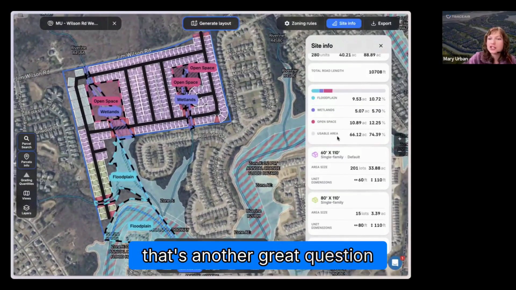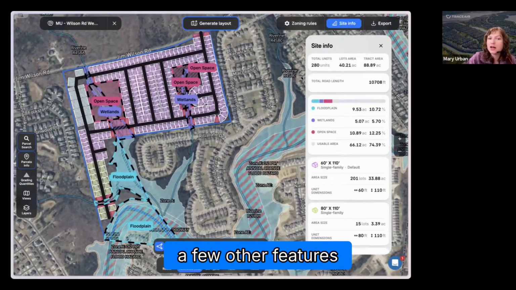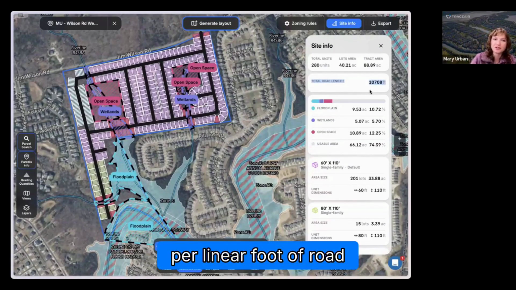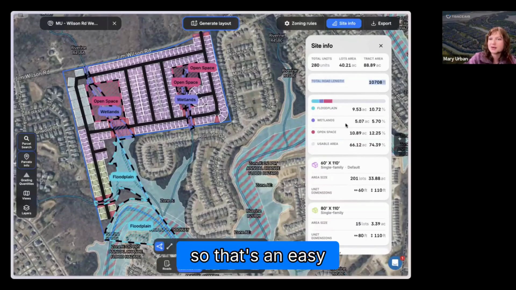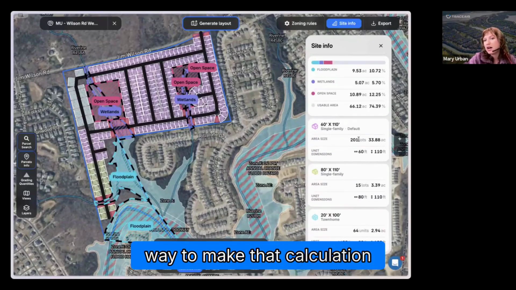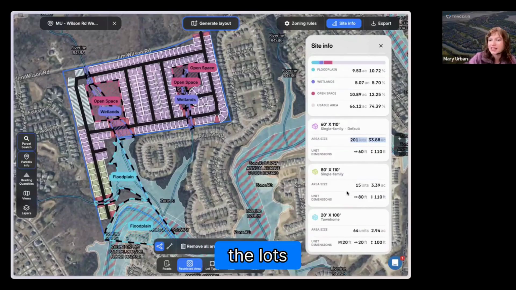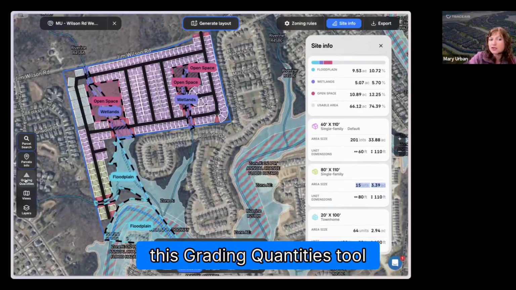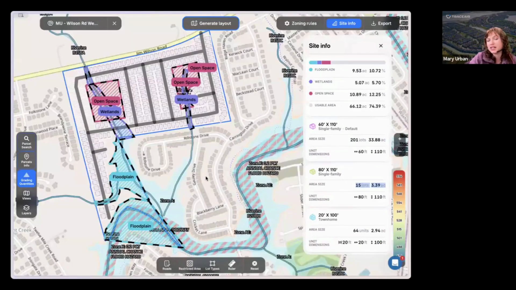Yeah, that's another great question. So we have added a few other features such as total road length. A lot of people will just take this number and then multiply it by their average cost per linear foot of road. So that's an easy way to make that calculation. We do have the lots, the acreage, the number of homes of each type you would be building. But we also have this grading quantities tool,